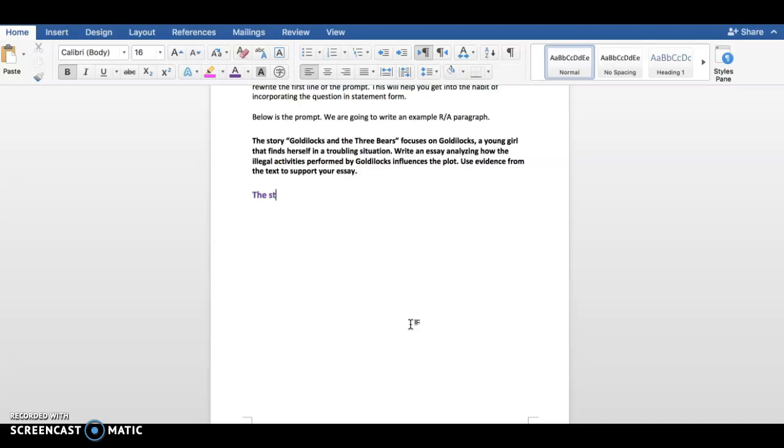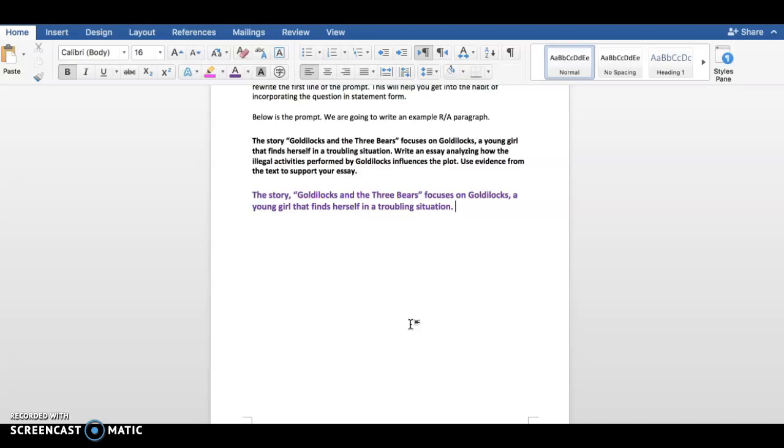Story Goldilocks and the Three Bears focuses on Goldilocks, a young girl that finds herself in a troubling situation. So that's my R, okay?